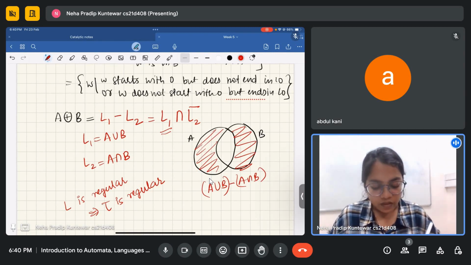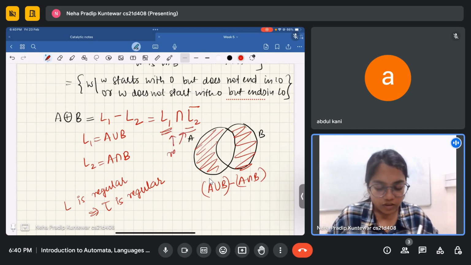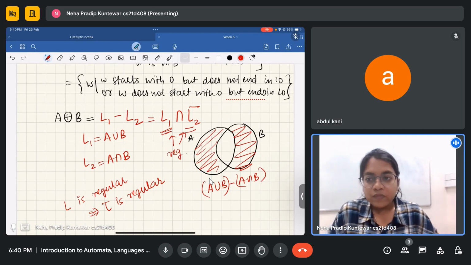So in this case, L2 is regular, hence L2 complement is also regular. So L2 complement and L1 both are regular. So hence their intersection is also regular, which is the part B that we showed. So just to recap what we did,